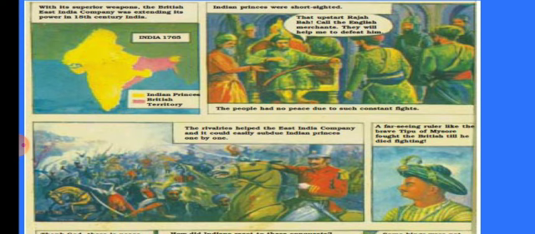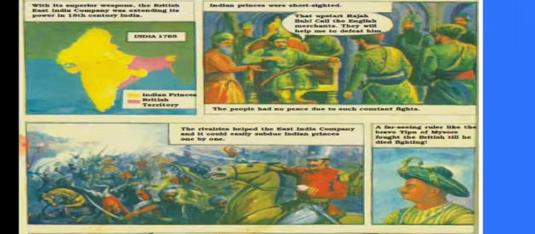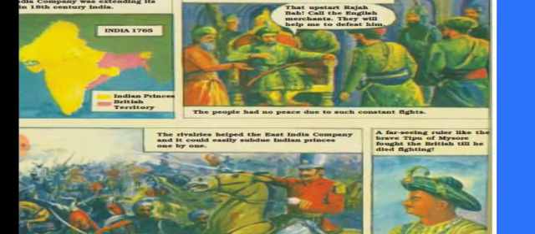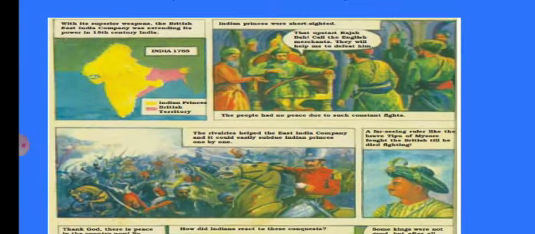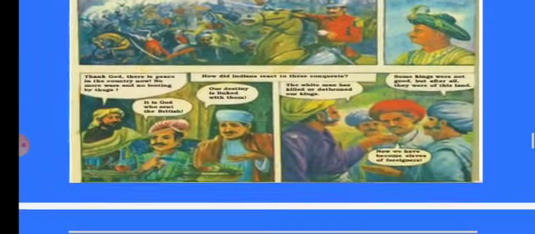Indian princes were short-sighted. That upstart Raja called the English merchant, saying, "They will help me to defeat him." The rivalries helped the East India Company, and it could easily subdue Indian princes one by one. Far-seeing rulers like brave Tipu of Mysore fought the British till he died fighting. Here you can see in the picture,